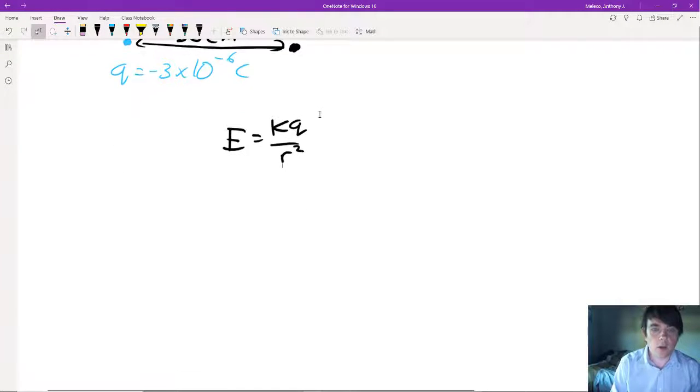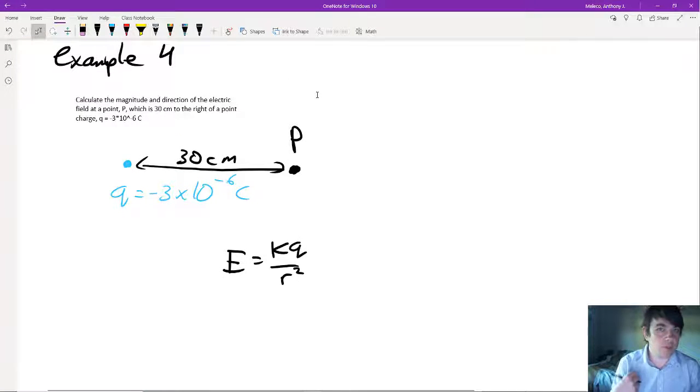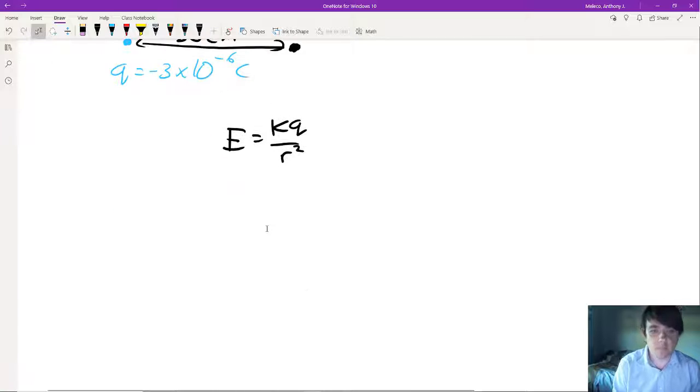Okay, where if we were to place a charge there, that charge would experience a force that's based on the electric field. Okay, as the electric field there increases, so too with the force on a charge placed there. Okay, so let's go ahead and do this